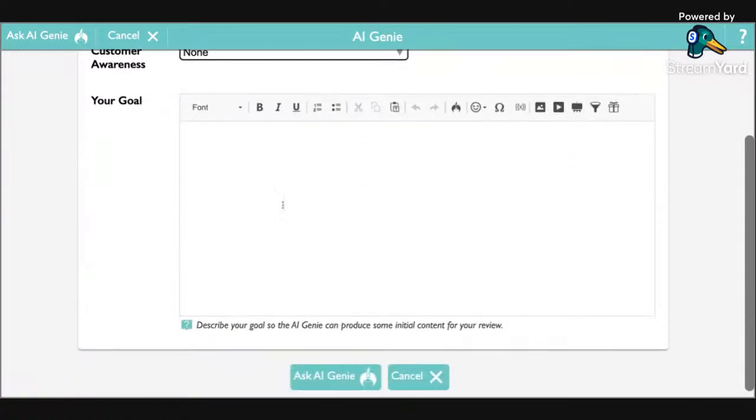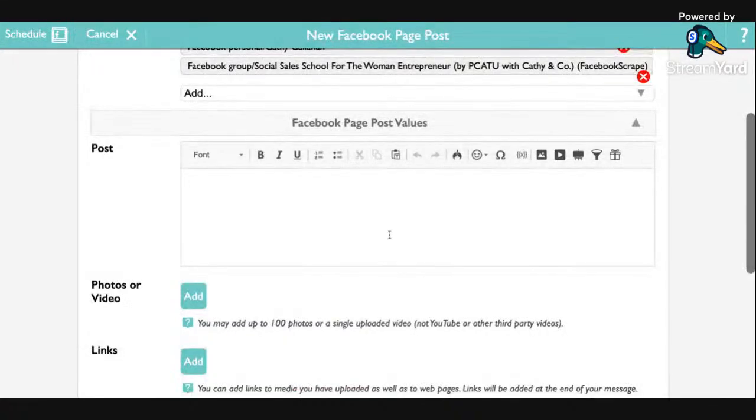If you use the AI, you would give it the goal of the post and ask the genie to come up with a script or content piece for you. I typically don't use the AI inside of there. I have a very, very trained Chat GPT, so I typically am just heading over there and doing that. Okay. So whatever you choose to paste into your written section of this posting area, copy paste it, type it out, and you can